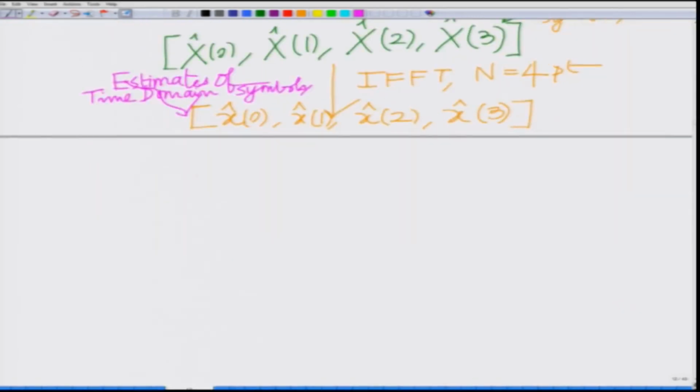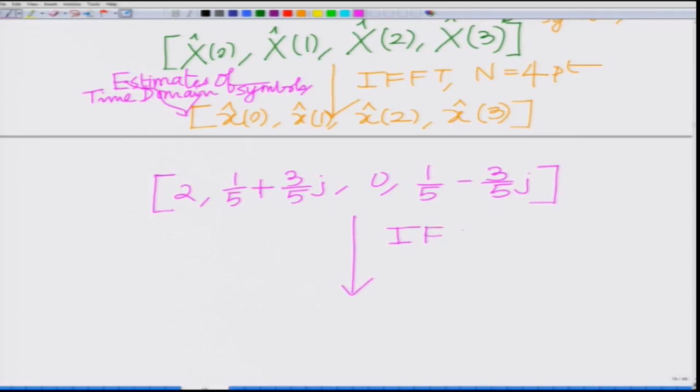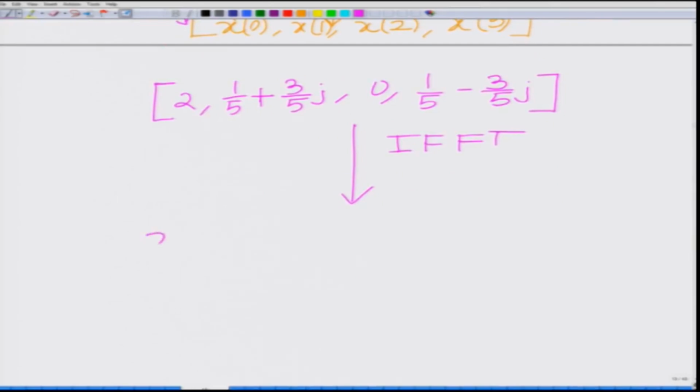So, we have basically your capital X hat 0 is 2, capital X hat 1 is 1 by 5 plus 3 by 5 j, capital X hat 2 is 0, capital X hat 3 is 1 by 5 minus 3 by 5 j, and basically now you take the IFFT of this. What we are saying is small x hat of k is given by the IFFT of the capital X hats of L, L equal to 0 to n minus 1,